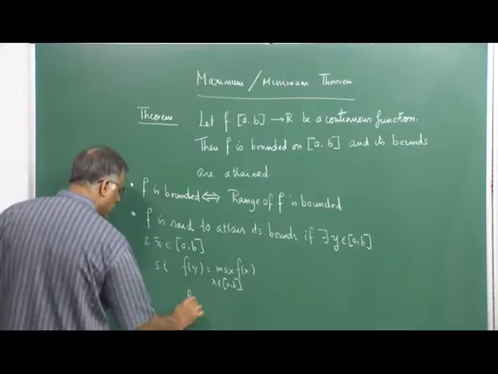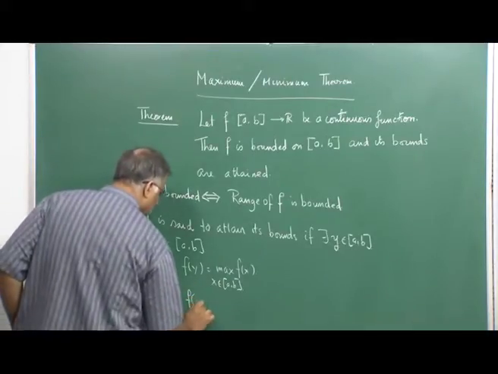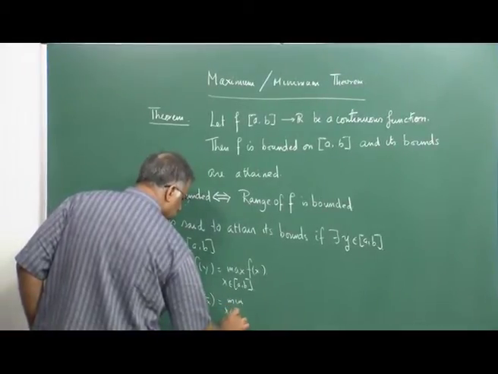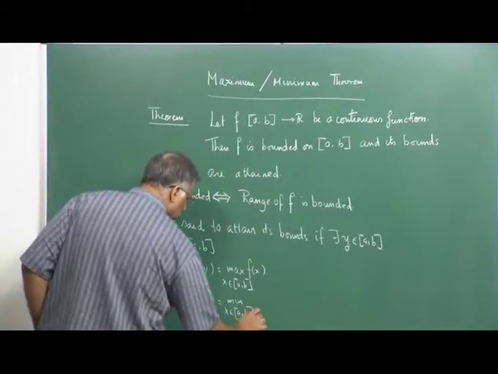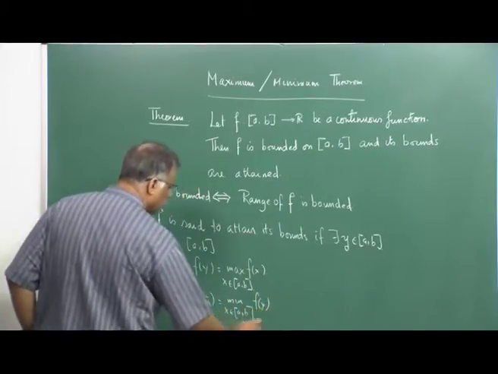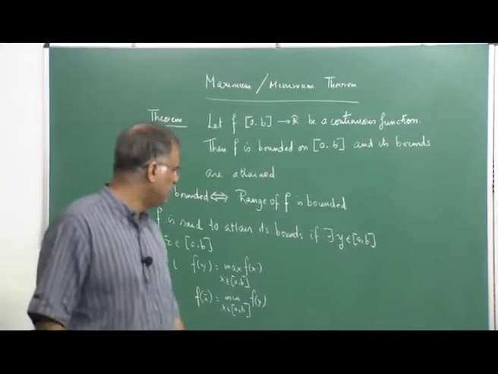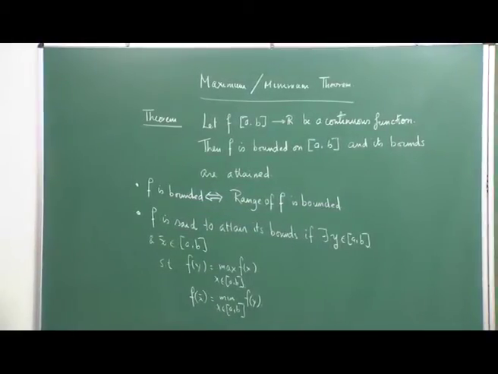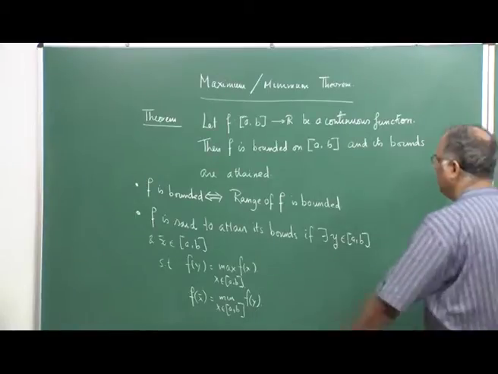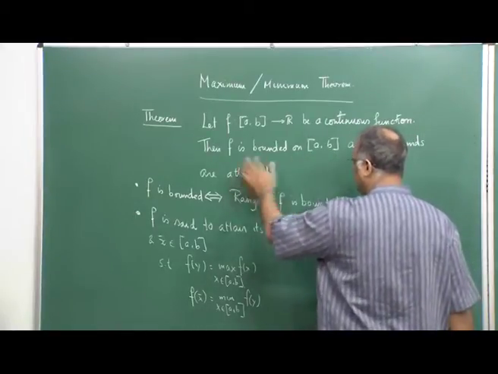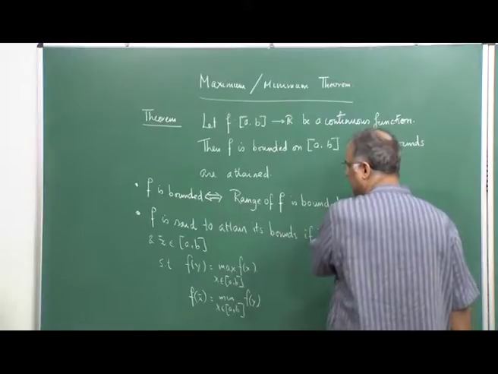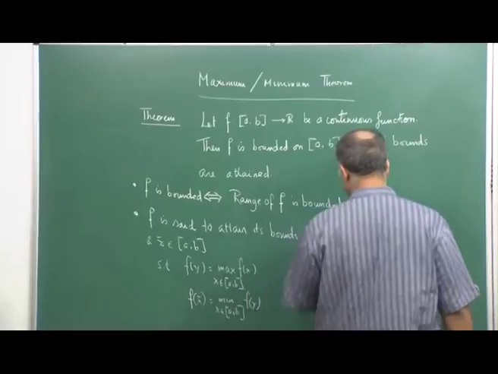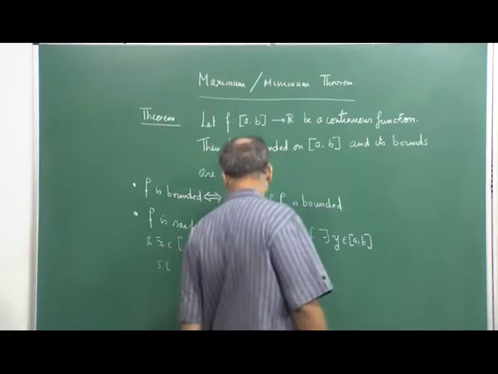And f of x bar is the minimum value. That is the meaning of f attaining its bounds. So, basically if you have to prove that f is bounded on AB, then you really have to show that the range is in a bounded set in R, and then you have to show that there are points y and x bar for which these are true,